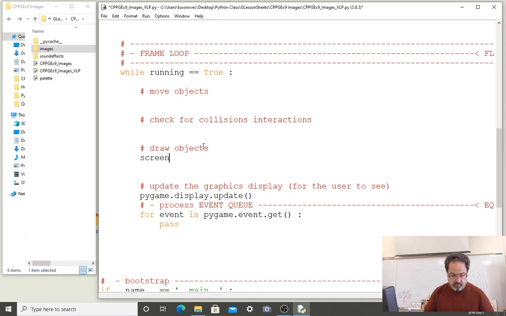I'm going to first fill the screen with black. This is like erasing. And colors we have imported from a file named palette, which is a dictionary called palette, and the keys of that dictionary are the names of our colors. So we fill the screen black,